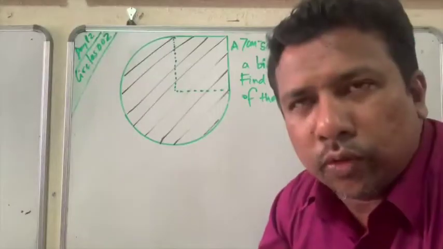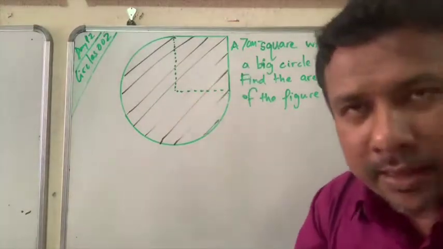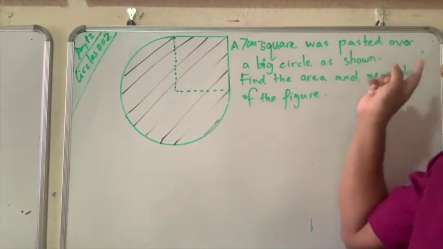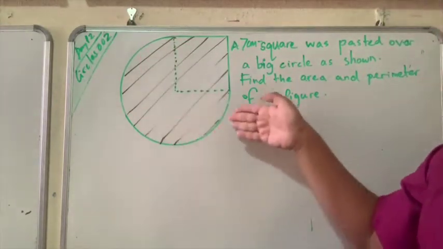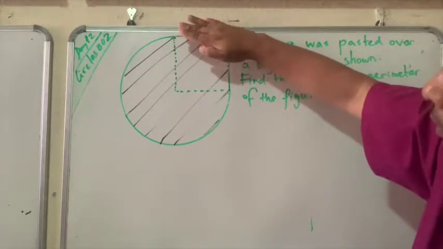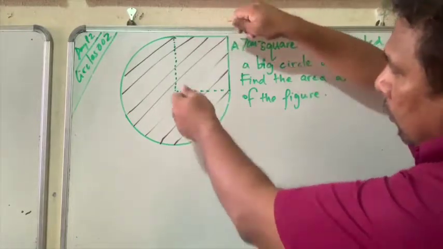Okay, question 2 for circles. Here we go. The question says that a 7 cm square was pasted over a big circle as shown. Okay, this figure, actually it is a figure of a circle, but a square that is 7 cm long was